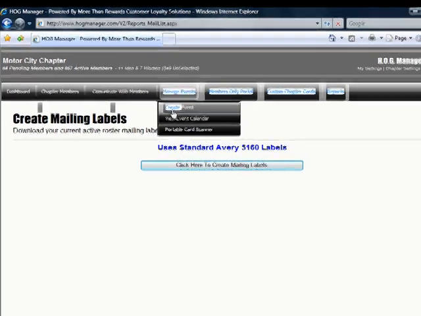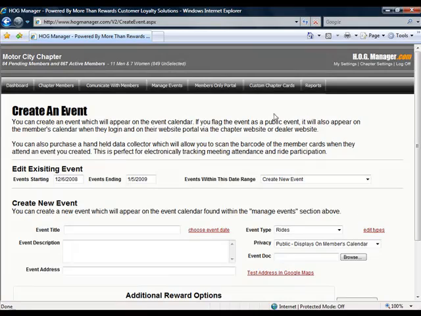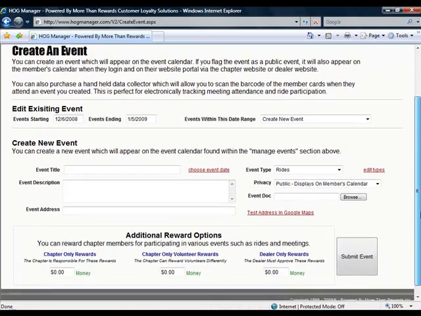Manage events. This is going to be creating an event. You can see here that there's a couple different options we have when we create our event. We've got the event name, an event description, as well as an address. So, I'm going to say, let's see here, my